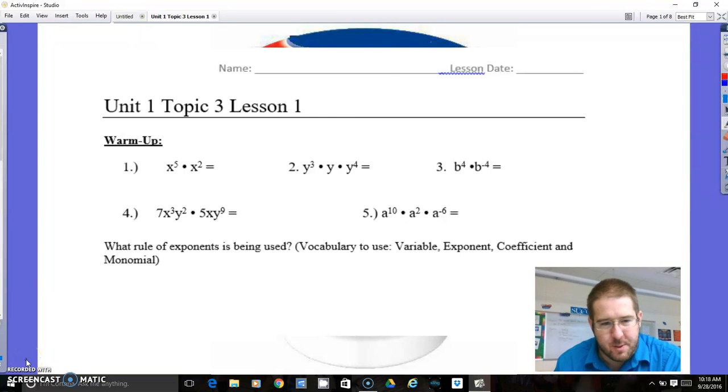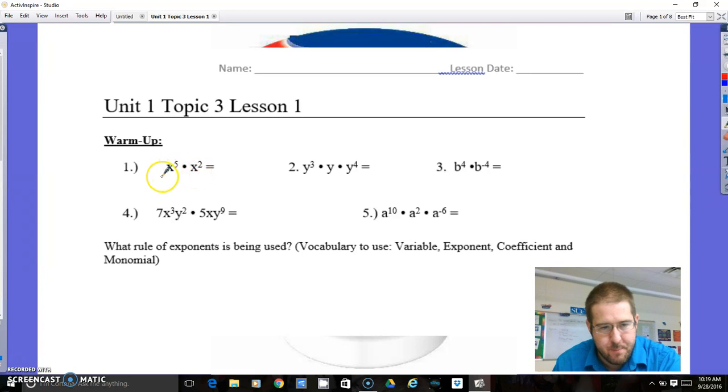All right, it's the first day of topic 3, and we're starting off with laws of exponents. All of these questions here are all about the product rule. We're going to do a different rule each day for laws of exponents. And the product rule just states that if you have two things that are multiplied with the same base,